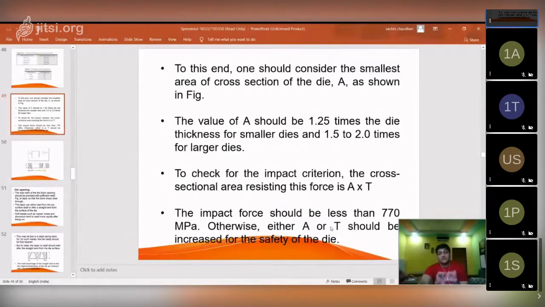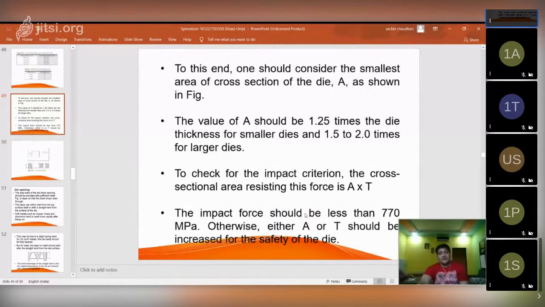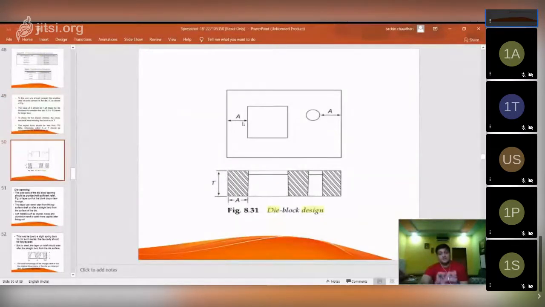If the force is more than 770, then you can design this A and T according to the safety of your die block.